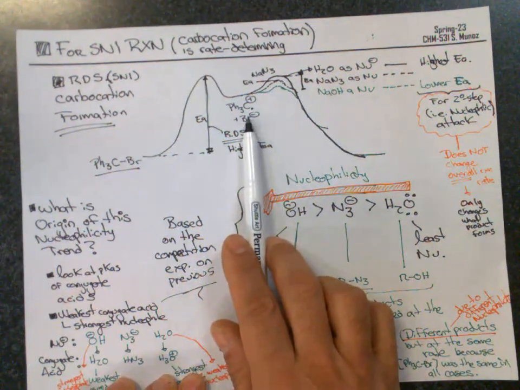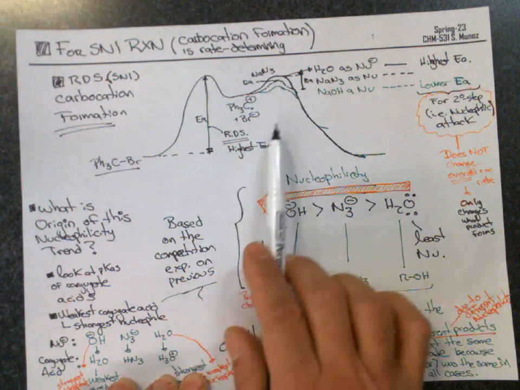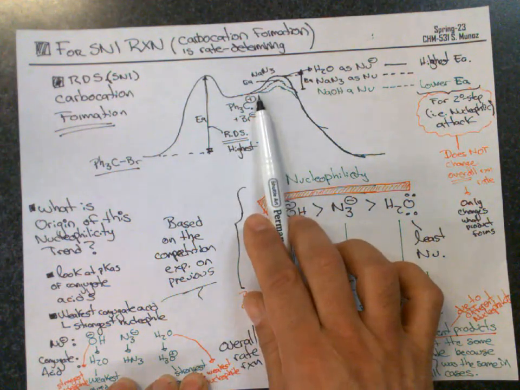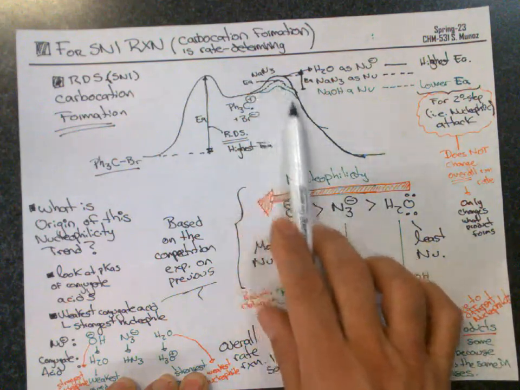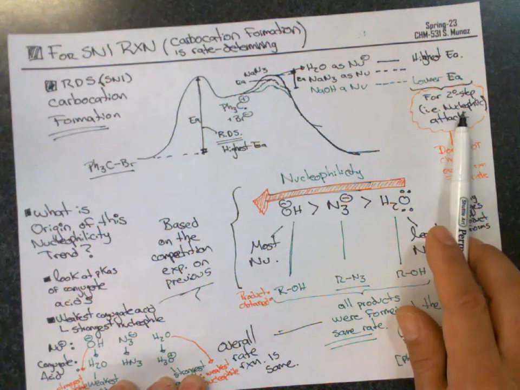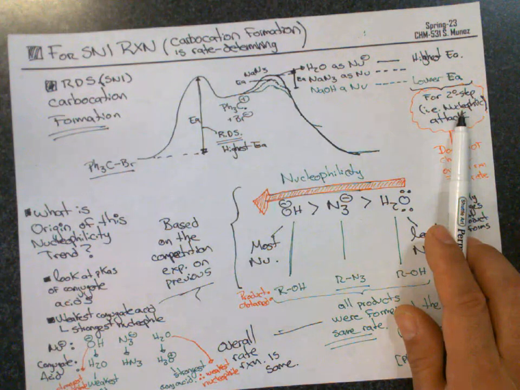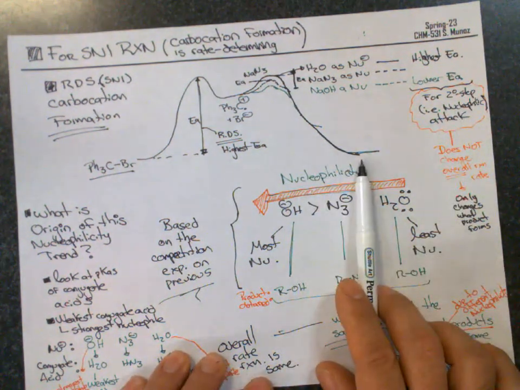Once the carbocation intermediate forms, the rate determining step, which is the highest activation energy, sets the overall rate. It doesn't matter which nucleophile; it will not change the overall rate. It would only change the rate of the second step. But the second step, as I mentioned, is a very tiny amount in terms of the race, a very small distance, if you were to make an analogy of a race. The nature of the products will change, though,